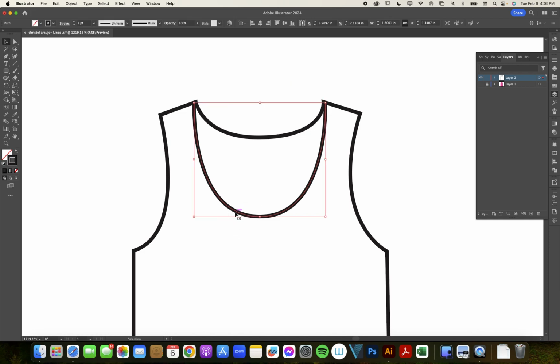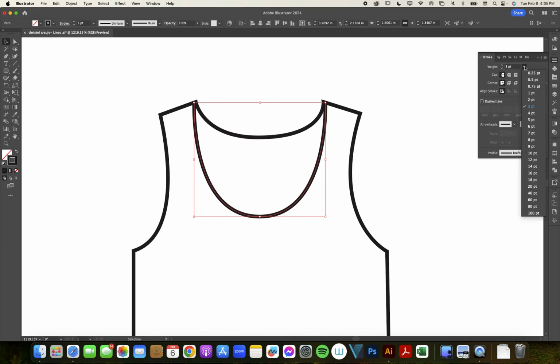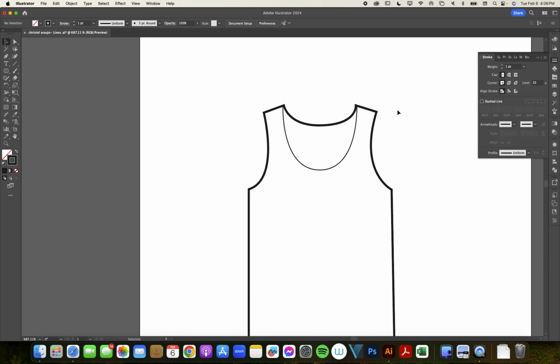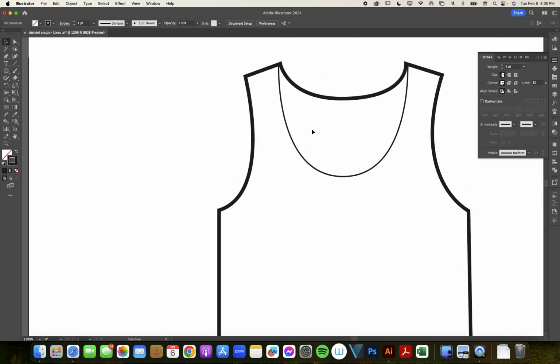This line is too thick to show that it's a binding. We want to differentiate what's the outside edge, what's the inside. So when we go back to our strokes, and maybe I make it a 1. That looks better already. You see that? Now, same thing. I might not need the image right now because what I can do now is,